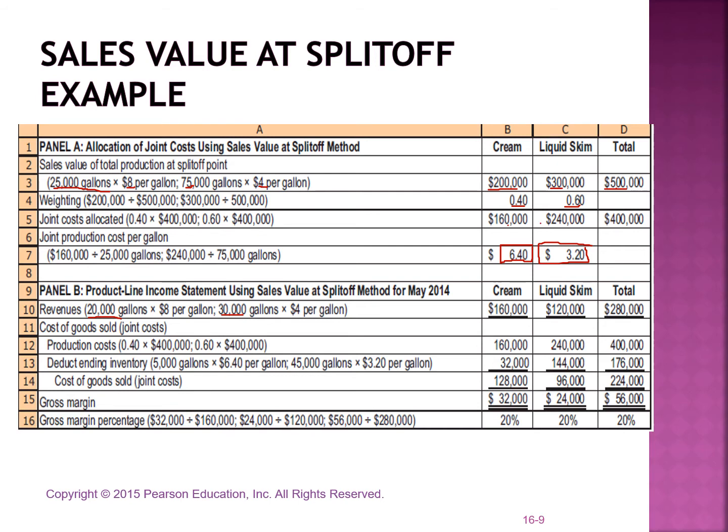So I will then deduct the ending inventory. The ending inventory is 5,000 multiplied by 6.4, and 45,000, which is remaining because we produced 75,000 and sold only 30,000, multiplied by 3.2. So 160 minus 32, 240 minus 144. The cost of goods sold is